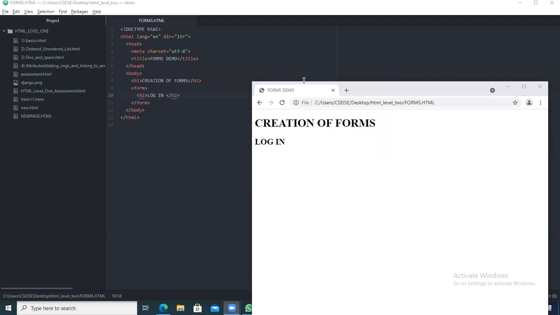Suppose you are logging in to a Gmail account. What are the parameters you give? Username and password. Okay, good.